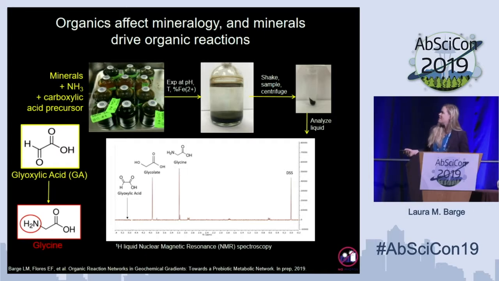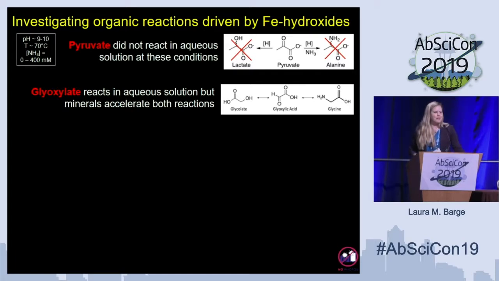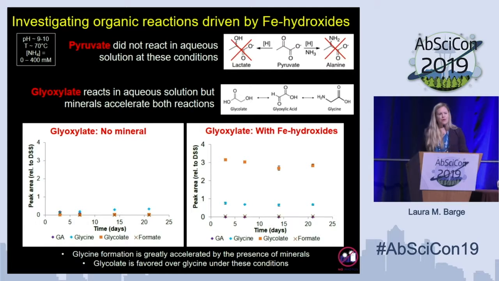And you can correlate the area of the peak to the concentration of that as it's increasing or decreasing with time. And so what we looked at first was what happens in aqueous solution, so no mineral present, and we generally see that pyruvate does not react at all. So pyruvate is kind of less reactive than glyoxylate, and in aqueous solution, we see that glyoxylate does react to give you some glycine, but generally not much of the alpha hydroxy acid. But when we look at the effect of minerals, we basically see that including the mineral really accelerates the reaction that you're getting anyway, but it's just much faster and you get more product forming. So over about 21 days, some glycine will form in this system with no mineral, but when you add mineral, you get a lot more glycine a lot more quickly,